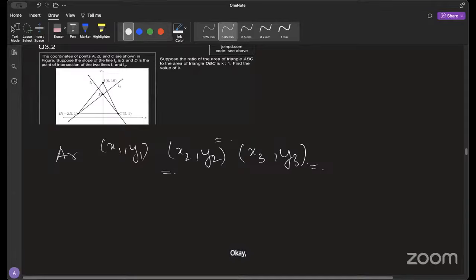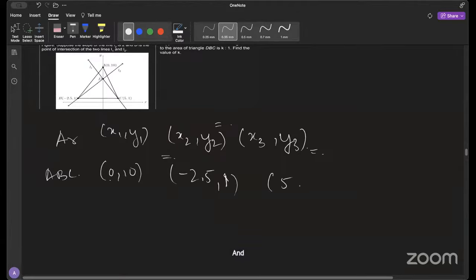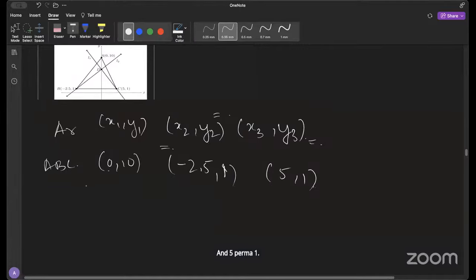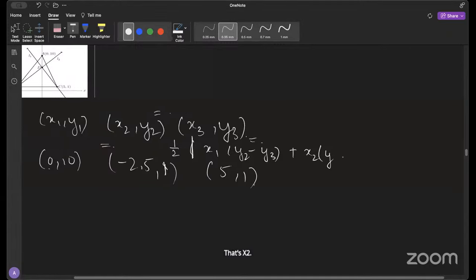Okay. So coming to the usual area approach of a triangle that passes through these points. Let's say these are the points. For triangle ABC, the points are (0, 10), (-2.5, 1), and (5, 1). The formula for the area that passes through these points is half, mod, then x1 (y2 minus y3) plus x2 (y3 minus y1)